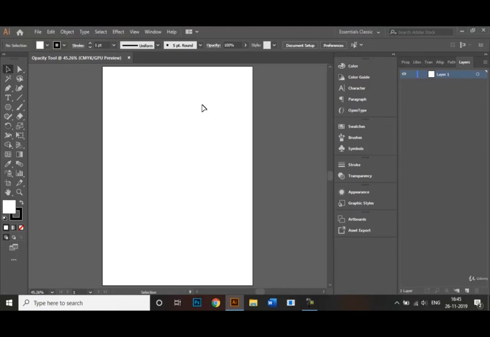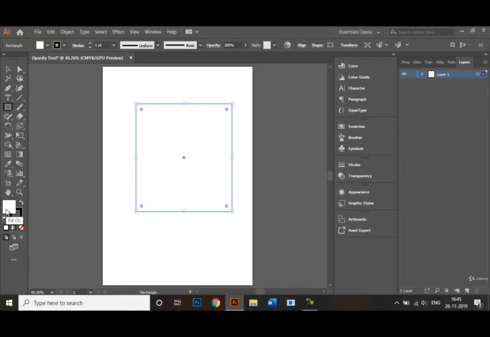Right. So let's first start by making our shape. You'll go to the shape tool right here, choose the rectangle tool, and make one really big square like that. By default, the fill of my shape is white and the stroke of my shape is black.